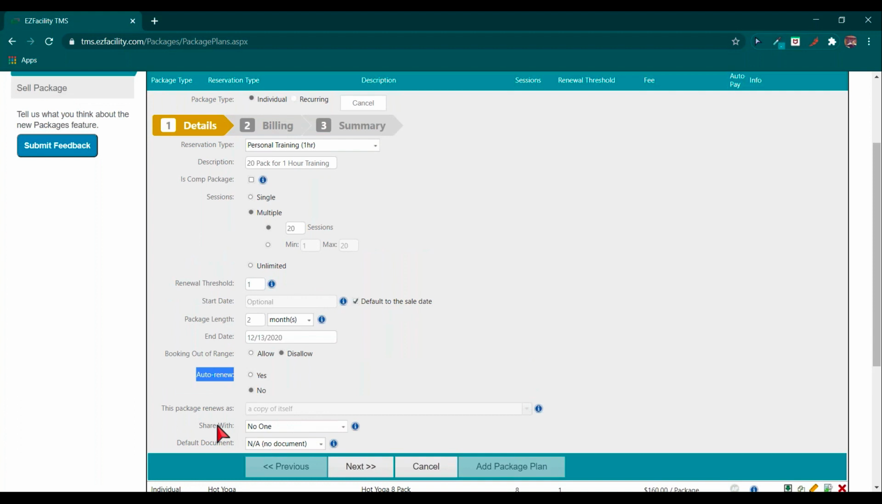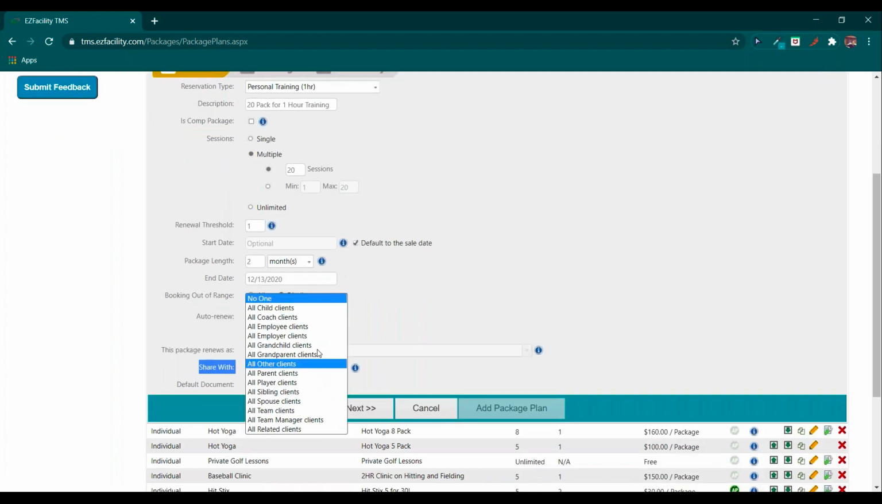Beyond that, you are able to share this package plan with other clients. For anyone on here that was also on our relationship family webinar, we went over this as well. So if a client buys this package plan, they want to share it with their spouse or maybe their children, that's where we really see it come up more often than not. When you hit this drop down here, you just simply want to hit the bottom option where it's saying all related clients. The reason for that, if I'm John Doe, the father,